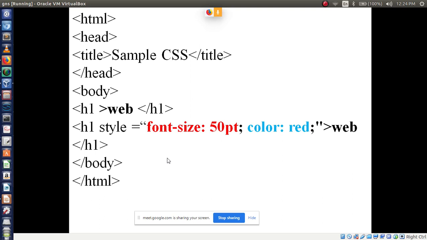Now tell me which kind of style sheet this is. Can anyone guess and tell me which kind of style sheet it is? Inline. How are you saying it is inline?